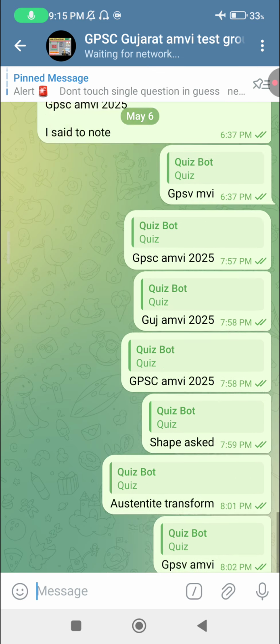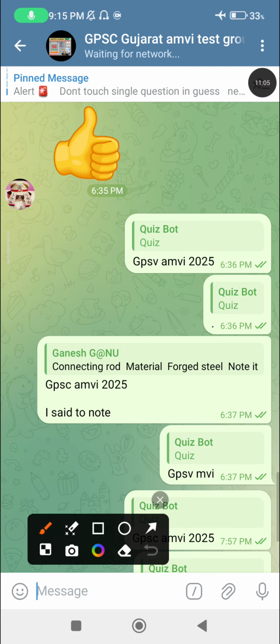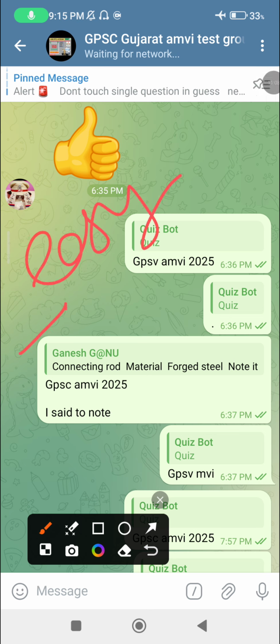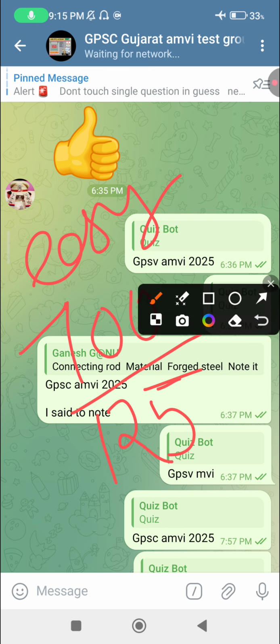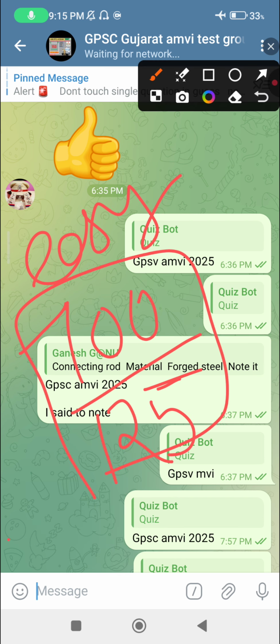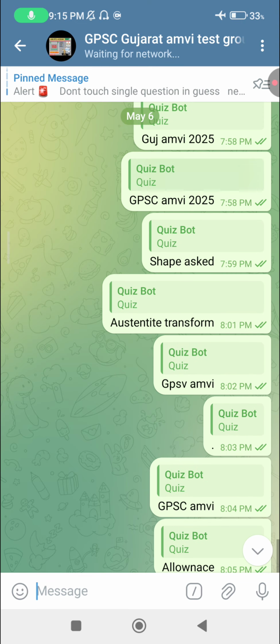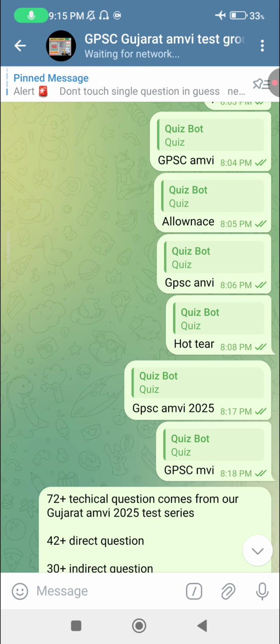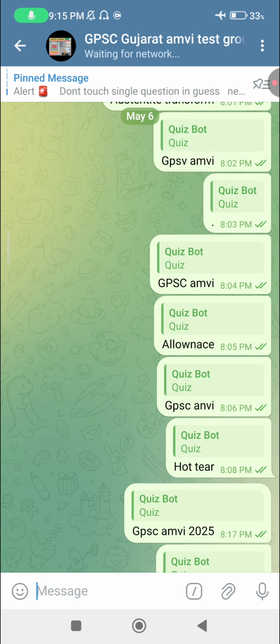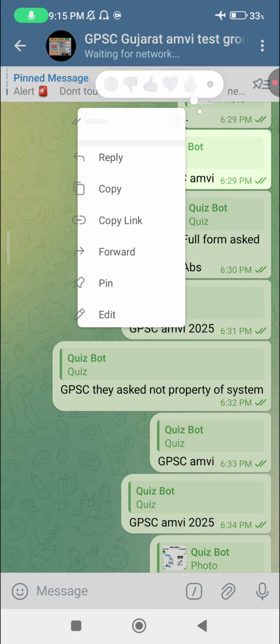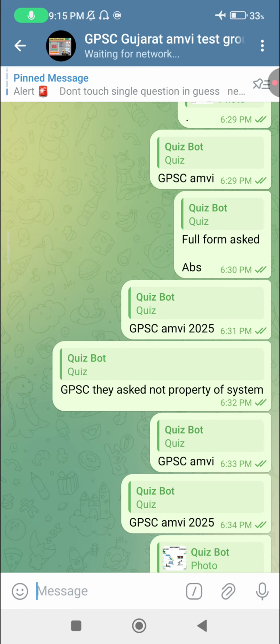In my experience, I am saying this is an easy question paper only. You can answer 100 questions, 125 marks on 125 questions easily. That is enough for you. The other 75 marks are the deciding factor for you: the Gujarati AMVI Act paper, the AMVI Act is going to decide you. So we have covered 70 plus, 72 plus questions. Some notes, Lami's theorem, second law of thermodynamics, I didn't add those, which means it has crossed 10 plus questions. Nearly 80 plus questions have come from our test series.